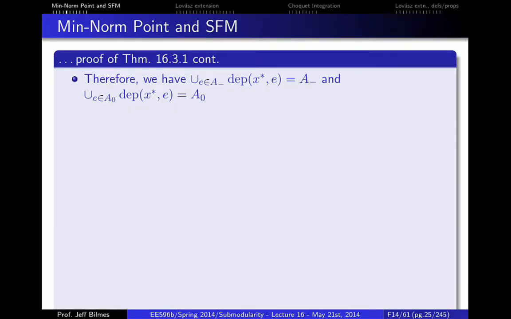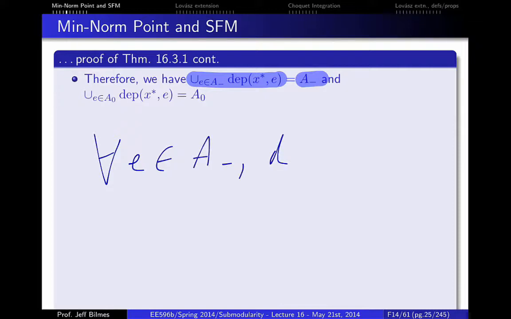Okay, so that therefore means that if you union together all of the depths, we're going to exactly equal A minus. And that might take a little bit of thinking, but essentially what we're saying is that for all e in A minus, dep x star e is a subset of A minus, and also e is in the dep